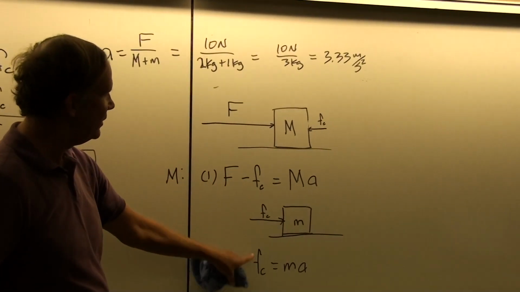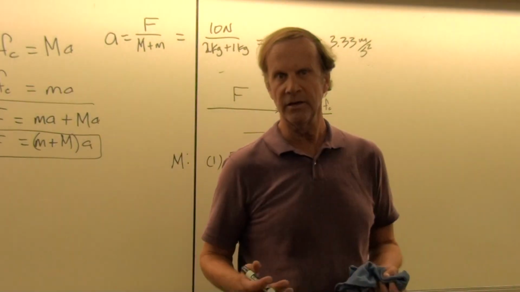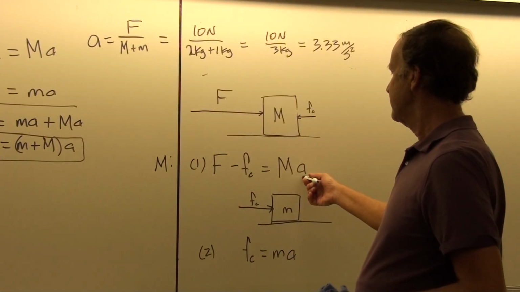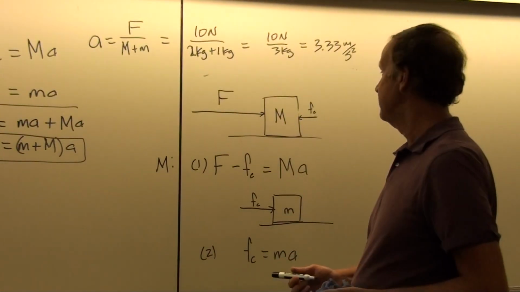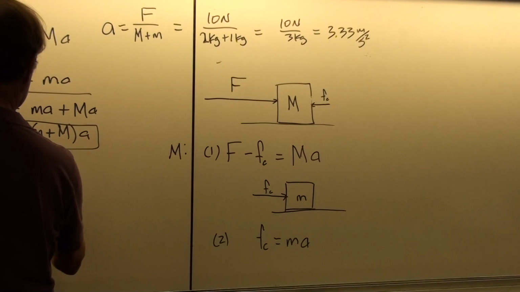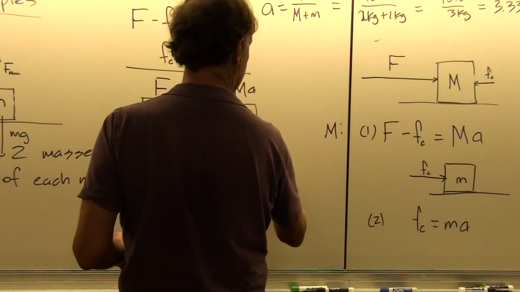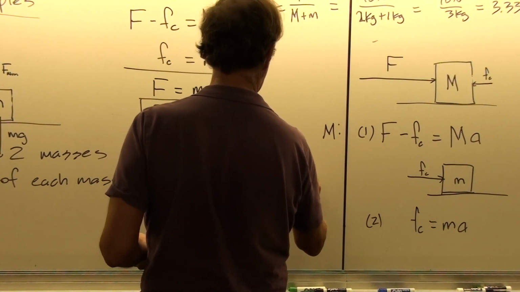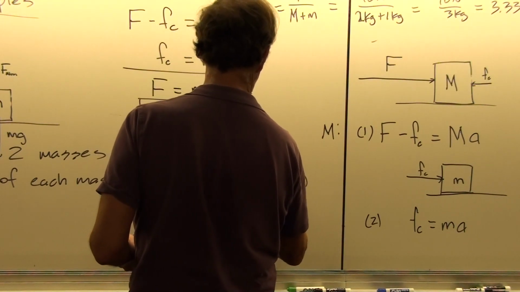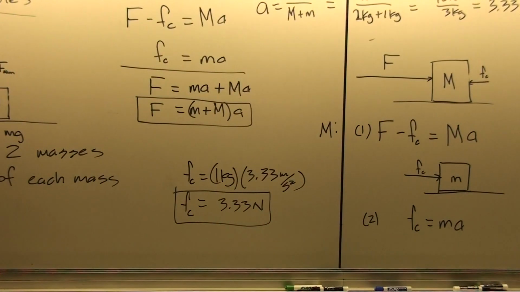Then, my second unknown here, and you always want to be thinking this way, do I have the right number of equations for how many unknowns I have? In this case, we don't know the contact force, we don't know the acceleration, and we have two equations, so we're good. Okay, and so the second part of this then would just be to plug in to the easier equation. All right, Fc equals little m A, that's 1 kilogram times 3.33 meters per second squared, or that gives us 3.33 newtons for F contact.